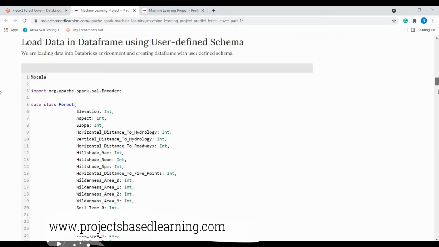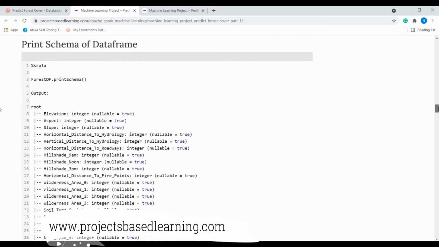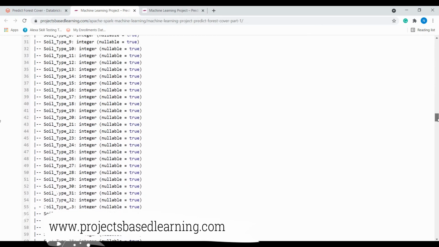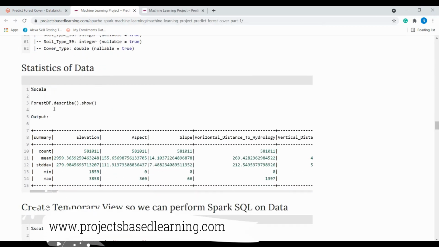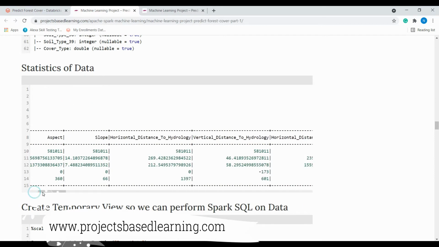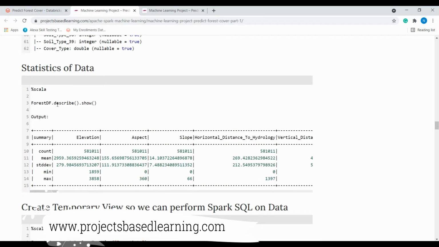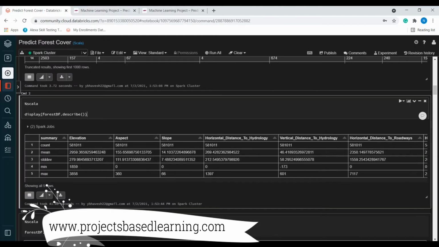Here you can see the complete output. This is the schema of our data and these are the statistics, mean, maximum, count, obtained by using the describe function. Mean, maximum, standard deviation, minimum and count have been displayed. We have around 0.5 million records.